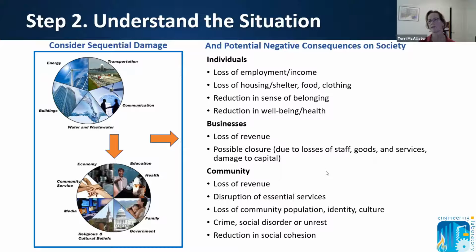And I think one of the major concerns we hear over and over again from communities is the loss of population. When they don't have schools open, when their children cannot go to school or daycare, this has a substantial impact on all communities.